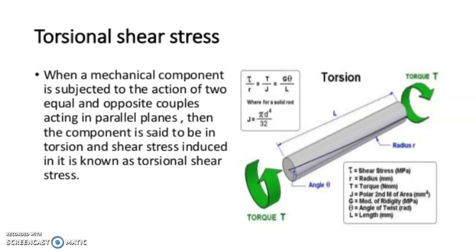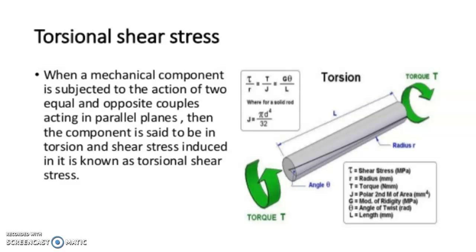The next one is torsional shear stress. When a mechanical component is subjected to the action of two equal and opposite couples acting in parallel planes, then the component is said to be torsional and the shear stress induced in it is known as a torsional shear stress. And we can calculate the value using the equation, that is tau by r is equal to T by J